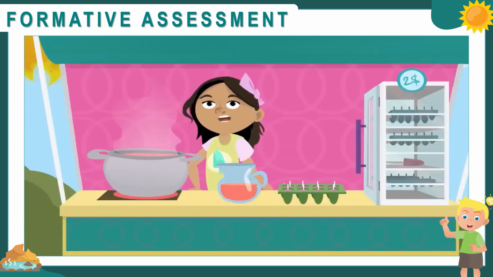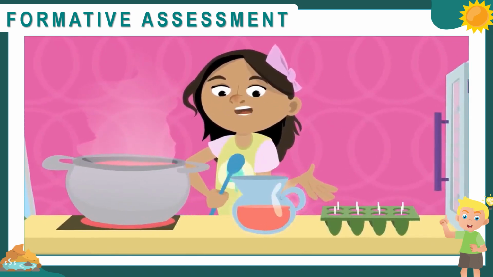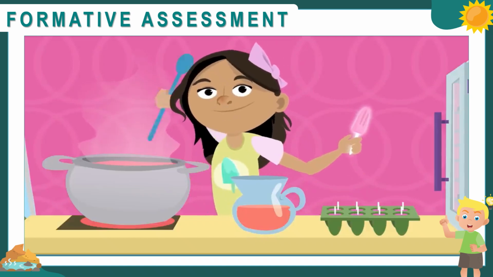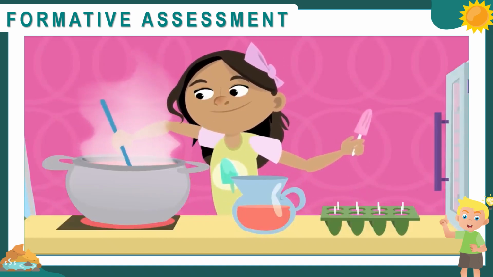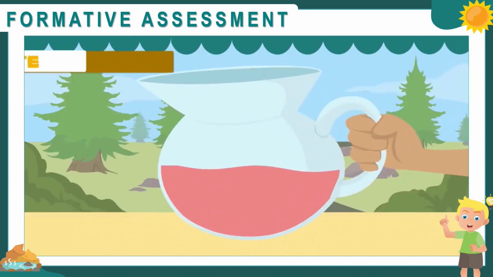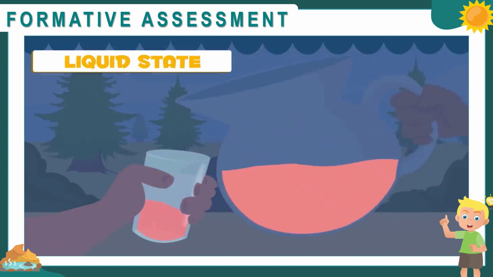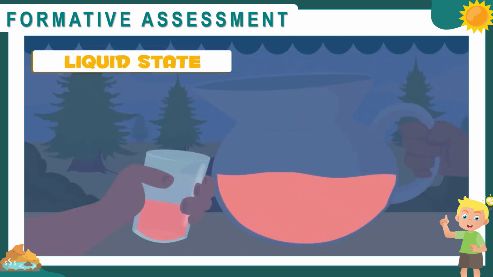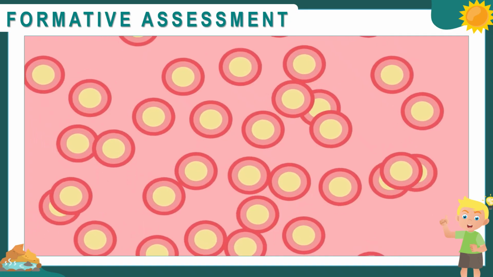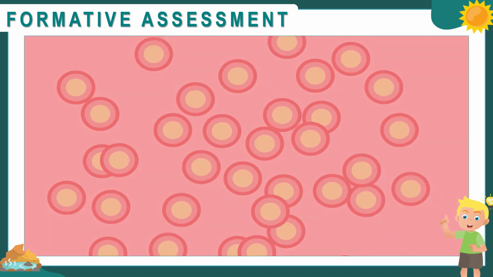Matter, the substance all things are made of, exists in 3 states: liquid, like this strawberry juice; solid, like this popsicle; and gas, like the water vapor coming out of this pot. Everything we drink is in its liquid state. Matter, in its liquid state, takes on the shape of the container and its volume always stays the same. Particles are separated and can move freely. Can you see how they're moving? They look like they're dancing.